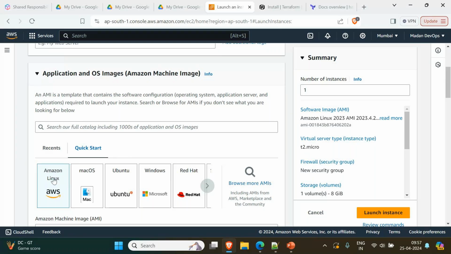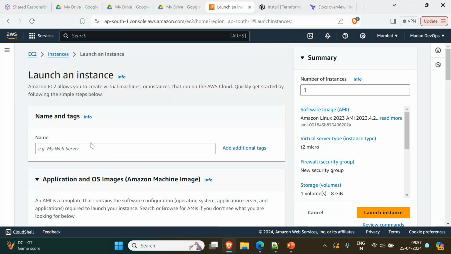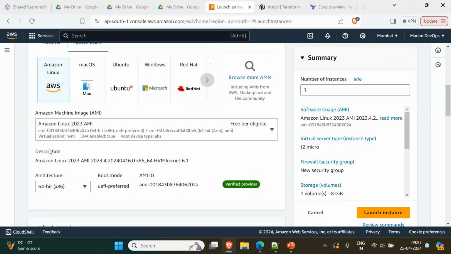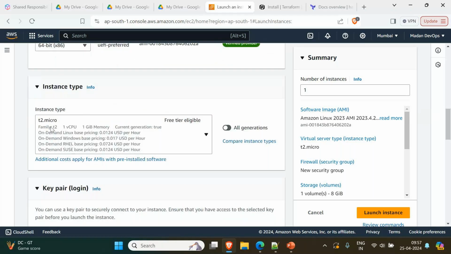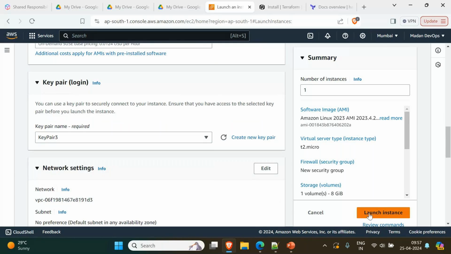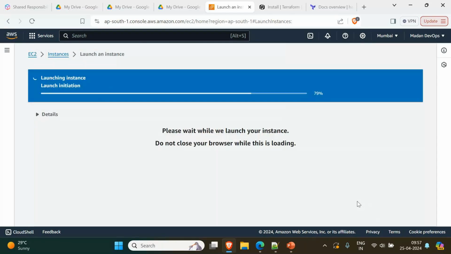I'm selecting Amazon Linux here. Let me name it Terraform server. For this, T2 micro is enough. That's all. Launch instance. First, let us connect to it, and then